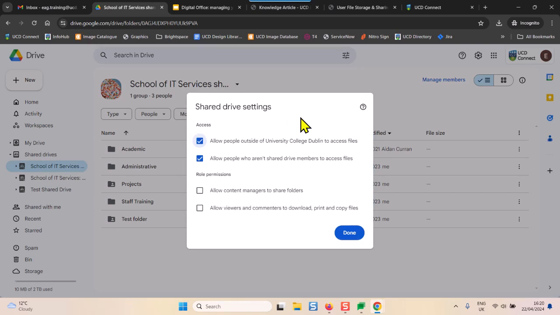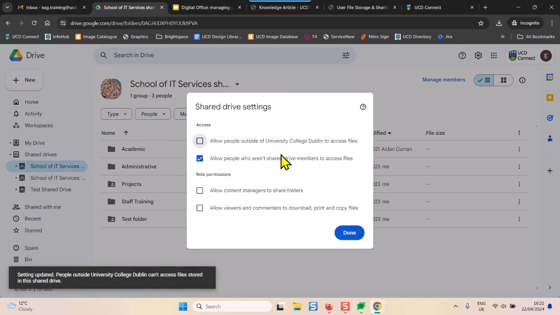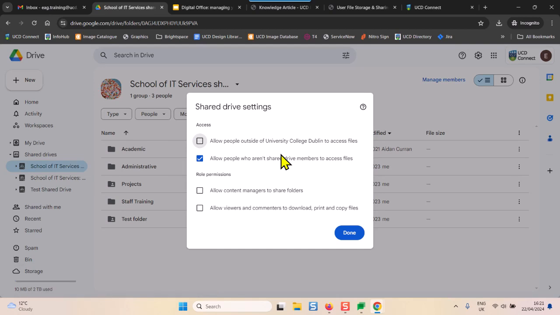The first thing you can do is manage the access. If you are working on a research project with people from other institutions, for example, you can allow people outside of UCD to access files, or you can switch off that option, and then nobody outside of UCD can access the files. This really depends on the purpose for which you're using the files. For example, you would also need to check this box if you wanted to share school content with students. The UCD Connect is a separate